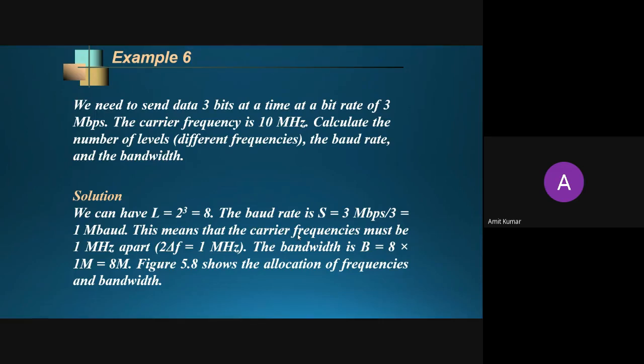So if you want to fit 8 frequencies within a range of 10 megahertz, you can do one thing. You can choose a carrier frequency, or you can place all those frequencies 1 megahertz apart. If you put them 1 megahertz apart, all 8 signals will be placed in your frequency spectrum within 8 megahertz. So all the signals will fit in the bandwidth they have given. I will show it in the figures so you can understand it properly.